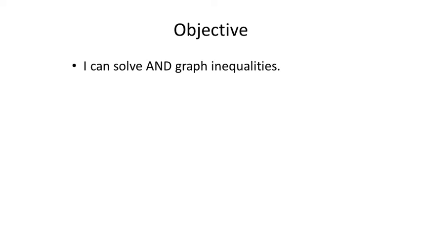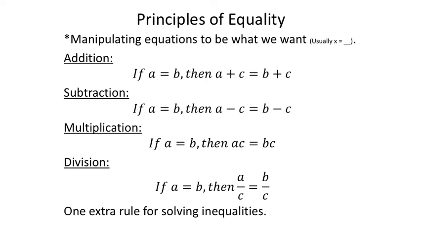The objective is a little bit different. I can solve and graph inequalities. I'm going to add another one. Not only will we have to be able to solve an inequality like we did in the bell work, we're going to have to be able to graph them as well. But then we're going to write the inequalities from the graph. So it goes both ways. You can take the inequality and make the graph, but they're going to give us the graph, and then we'll make the inequality. So going back, we do have our principles of equality, which we've seen quite a bit of,